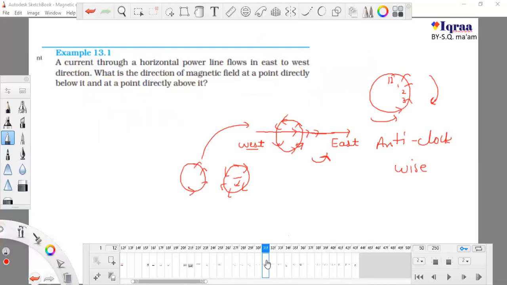Okay, it is telling me east to west. Okay, I did something wrong. It is telling me that it moves east to west, going from here to here, so there is not a big deal. If it is moving from here to here, just do this and it will get this direction. No problem.